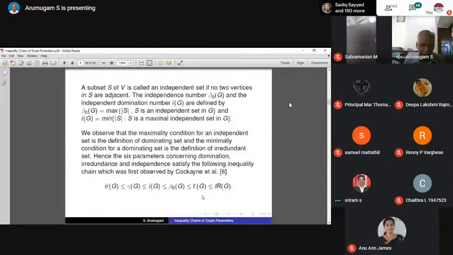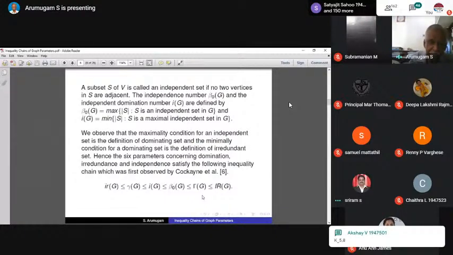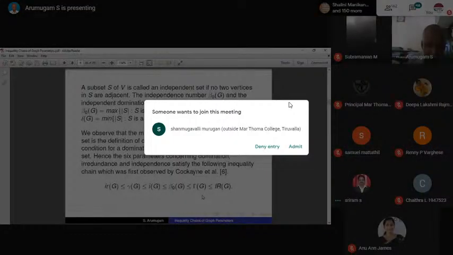First of all, let me take a graph with gamma equal to 5. That we can easily give. That's very easy. For example, you take a cycle on 15 vertices. What is gamma for a cycle? It is floor of n by 3, right? For every 3 vertices, you have to choose one. So if there are 15 vertices on the cycle, I will choose V1, then skip to V4, skip to